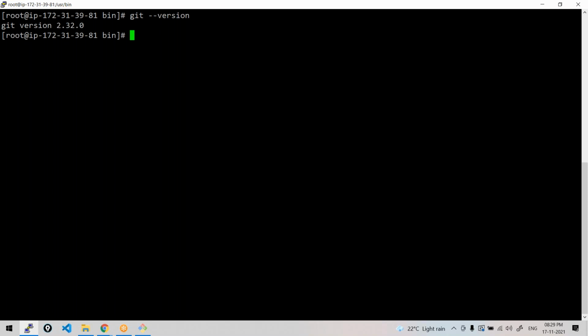First, what is Git? Why do we need Git? Where is it used? First, let us try to understand this. So what is Git? How many of you know Git? Git is a version control system. What is meant by a version control system?